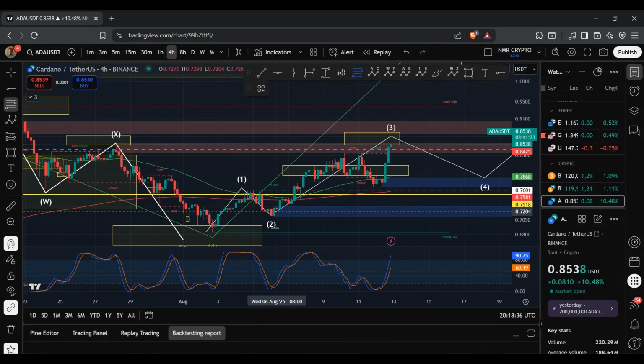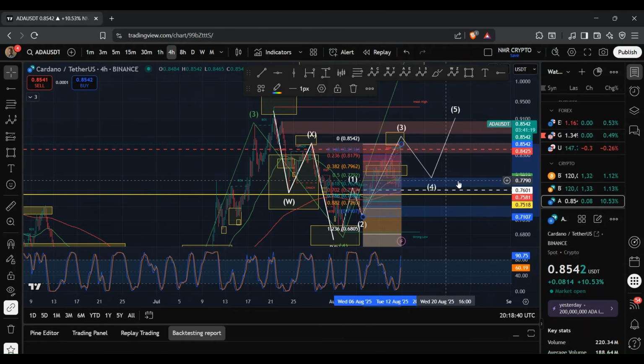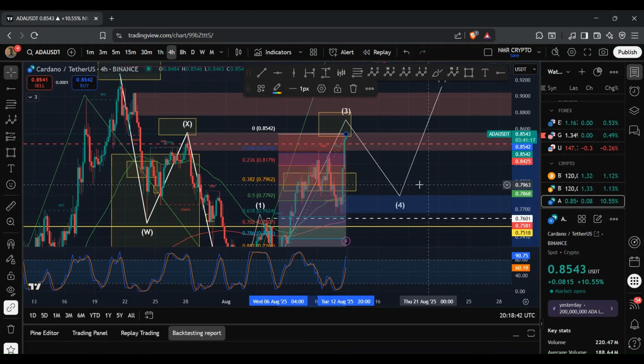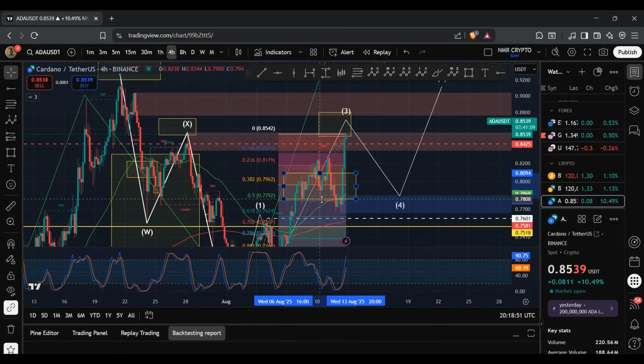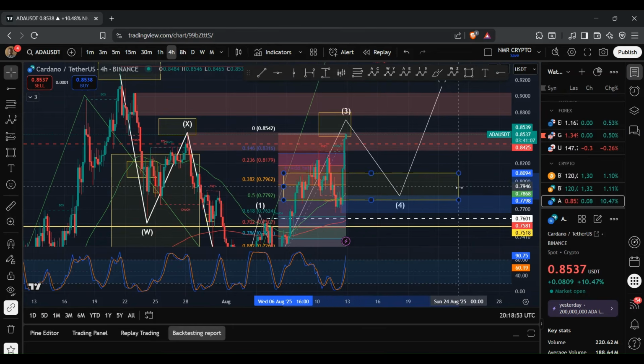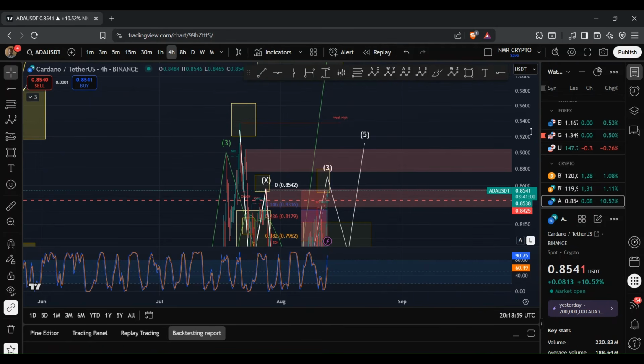And so if I bring in the fib tool and bring this over here, you can see that ADA has the potential to go as deep as 77.92 cents to 81.79 cents. And if I just use this target here and adjust it, this is going to be the next key region for ADA. And then shortly after, we'll be looking out for that bigger push to the upside,